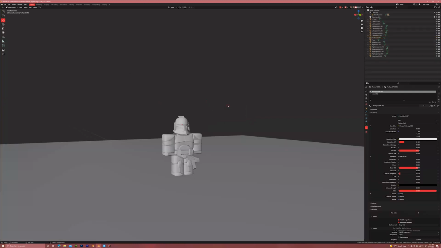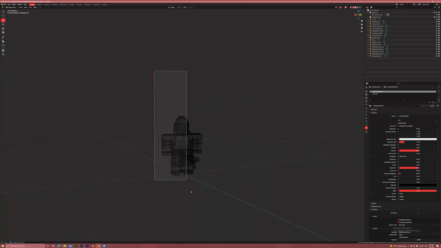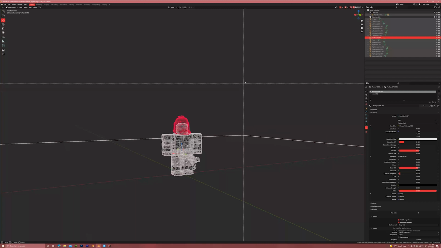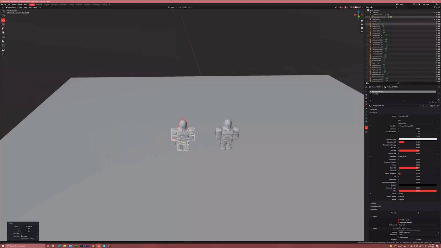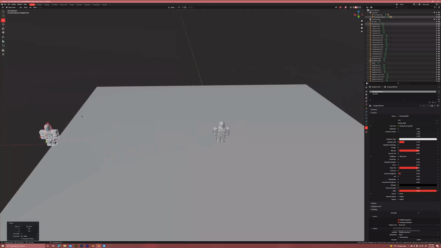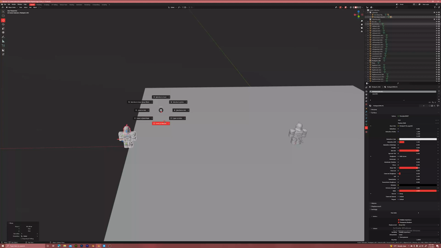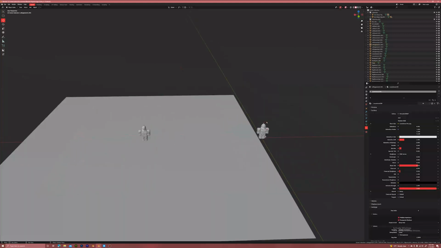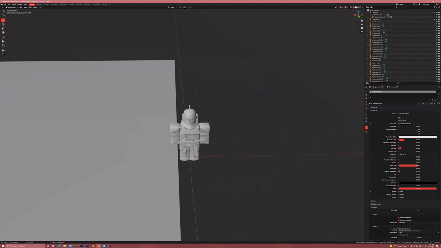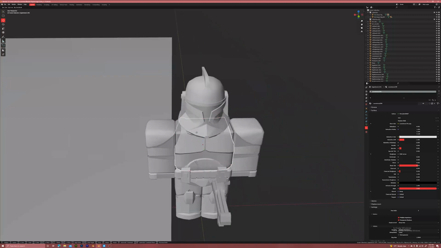Restart. Okay, do it slow if you don't know. I press Z, I go to wireframe, then I press B, then I press B again with Shift to deselect the plane, and I just press Shift D to clone the character and move it over. I want this character in this space, and I want the cursor over here. I want to leave this character over here because he will act as the backup, and I don't want to move this rig